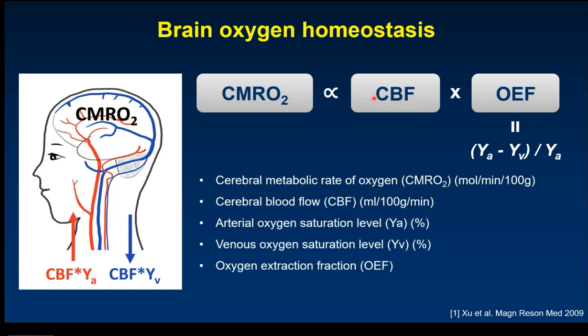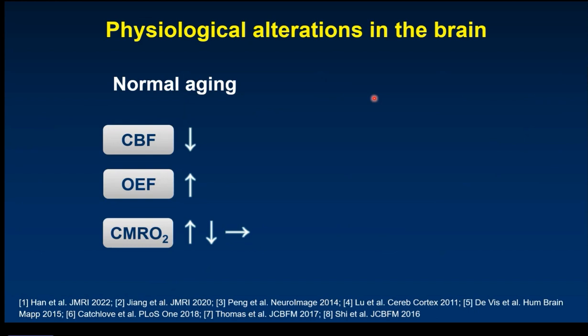And there are some interesting findings in the previous studies about how these three parameters change during normal aging and diseases. During normal aging, it was found that CBF will decrease with age and OEF will increase with age. But for CMRO2, the results are mixed. Some report that CMRO2 will increase with age, but some report that CMRO2 will decrease or remain stable when people